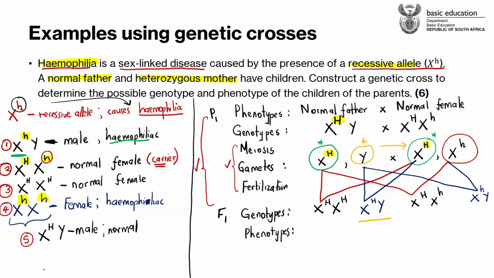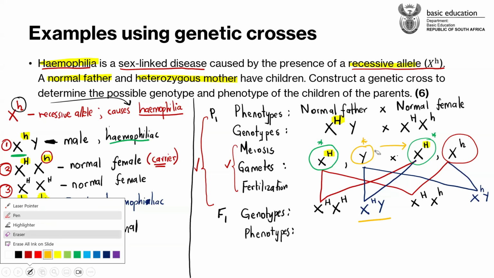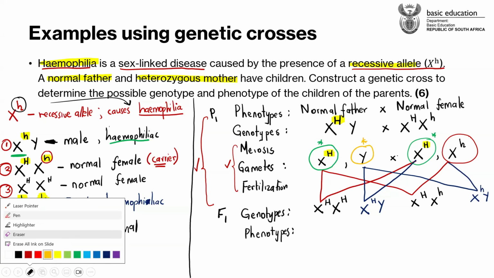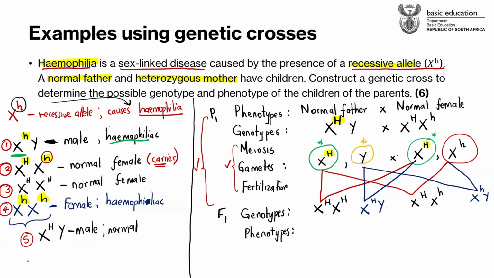So guys, remember that in these genetic crosses, we are trying to find the possible combinations during fertilization. I always tell you guys that fertilization is random. It's something that you do not choose. You can't choose the sperm cell that fuses with the ovum. No, you don't choose it.